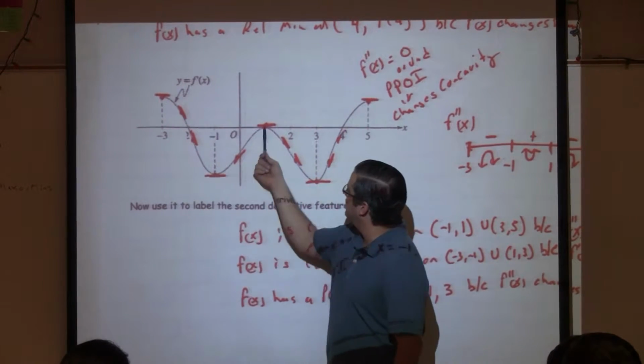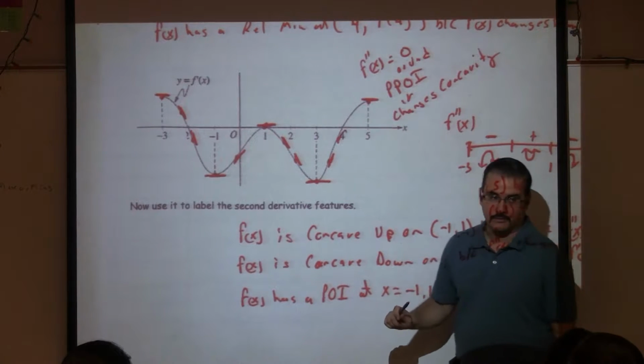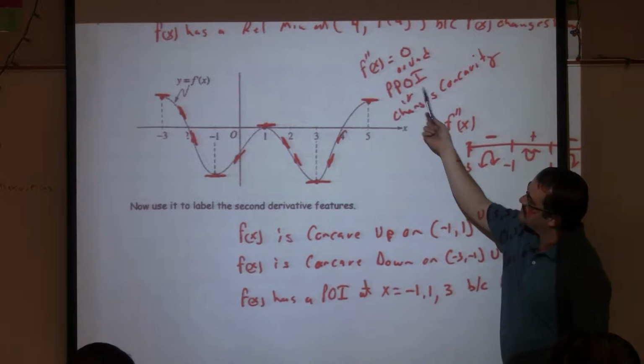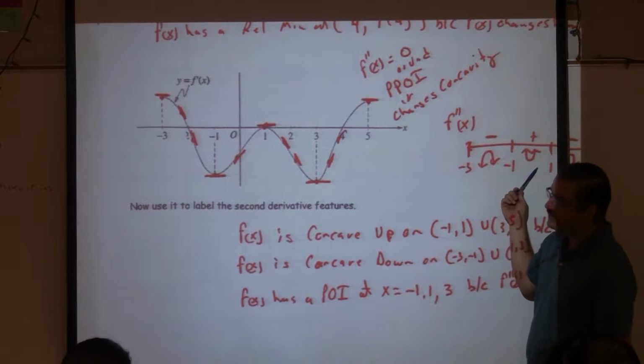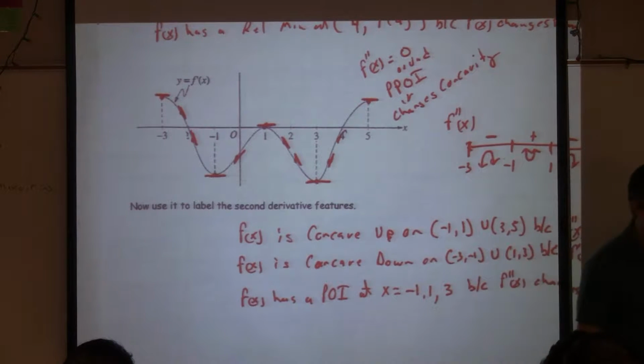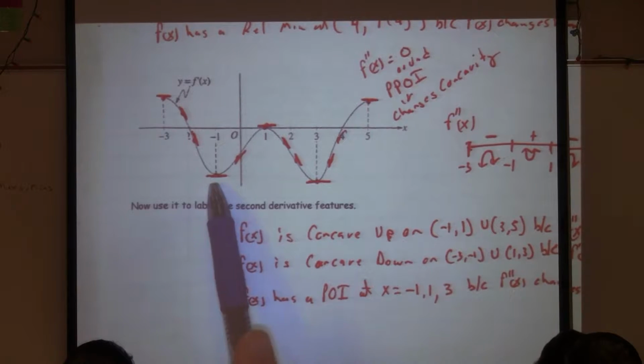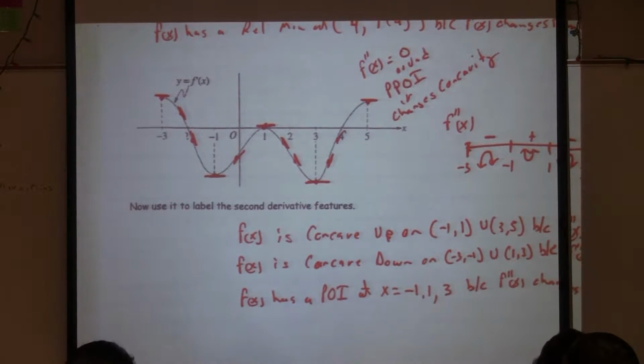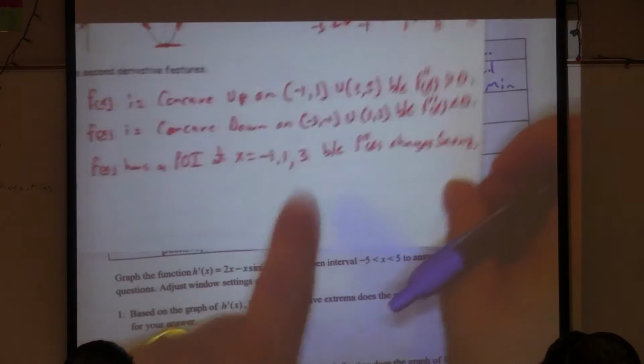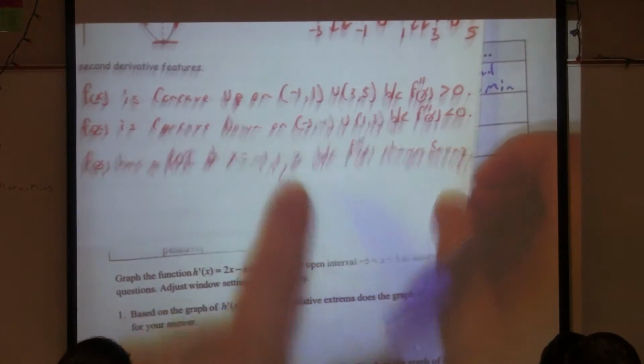Right there, right there, right there, right? Were those the possible points of inflection that we figured out over here? Did we have a point of inflection truly at -1, at 1, and at 3? That's what we wrote down yesterday, right? After we did the sign analysis. We could have identified that really quickly if we would have known